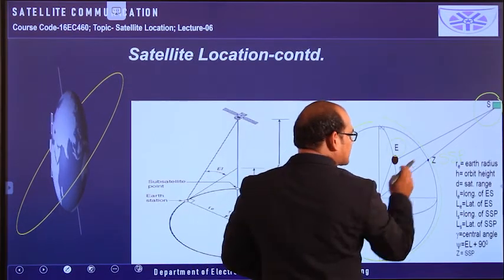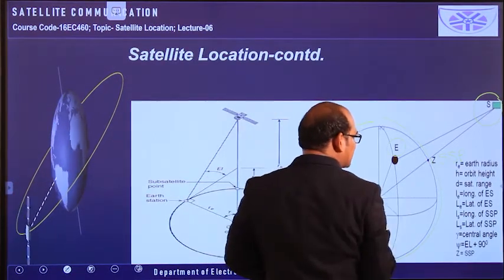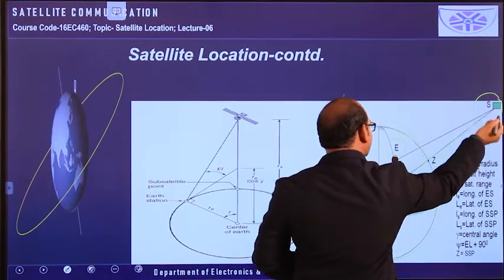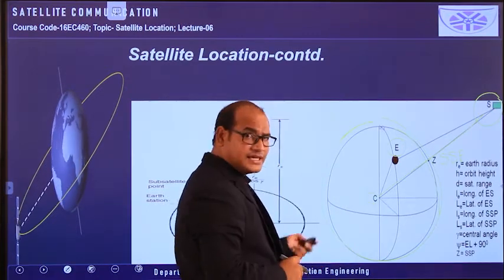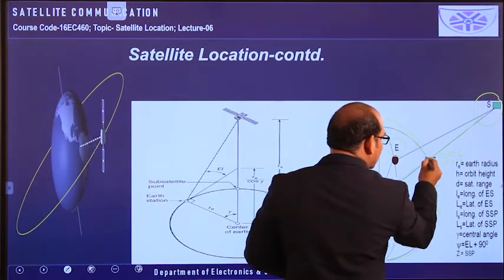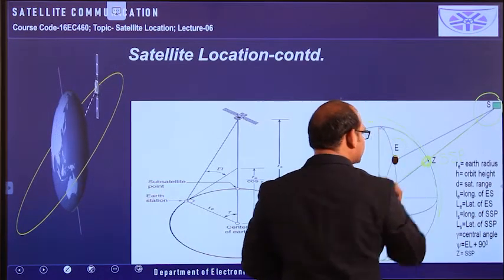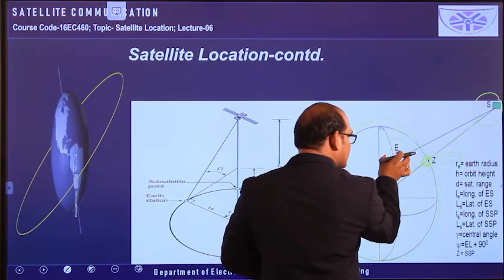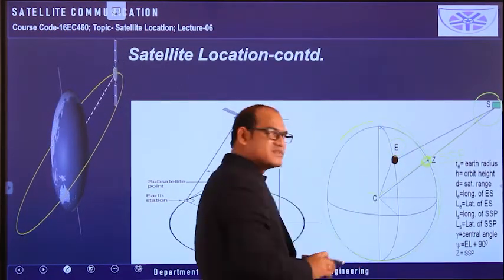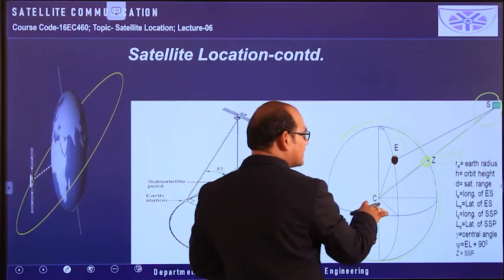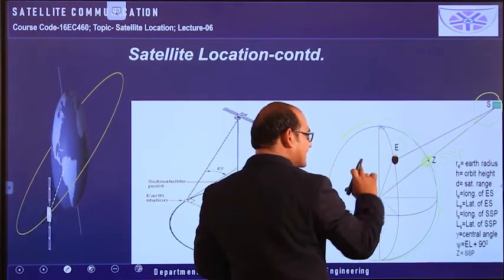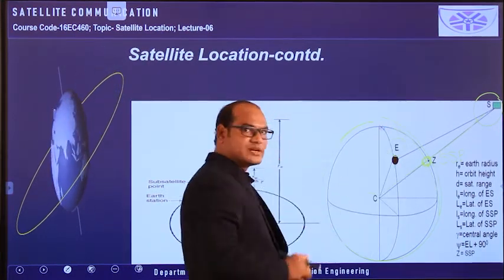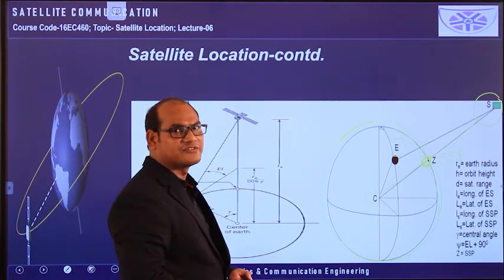So what is the subsatellite point? It is the point of intersection of the earth surface with the line joining the centers of the satellite and the earth. So this intersection point is called the subsatellite point, and here the earth station is there. This is also on the surface of the earth, and the subsatellite point is also on the surface of the earth only. So from the center to the earth station, the radius is available. From the center to the subsatellite point also the radius is available. So this is a point we have to understand here at first.